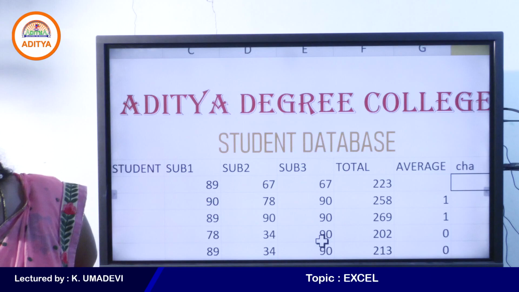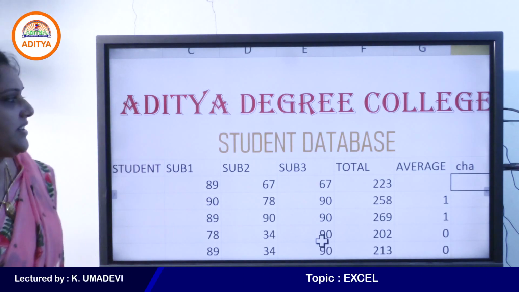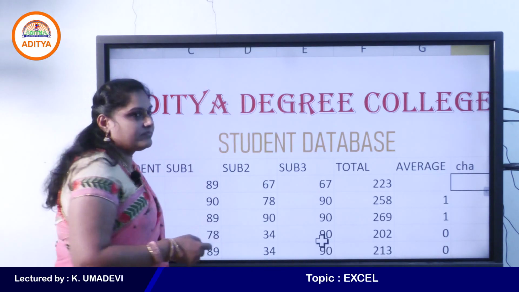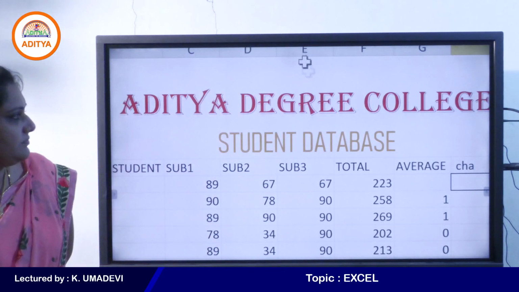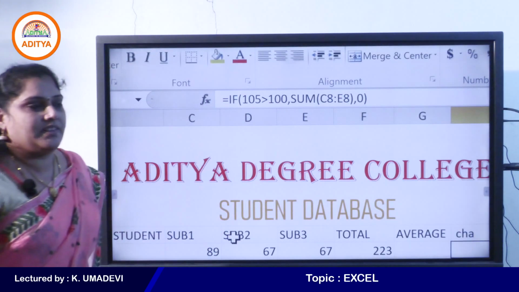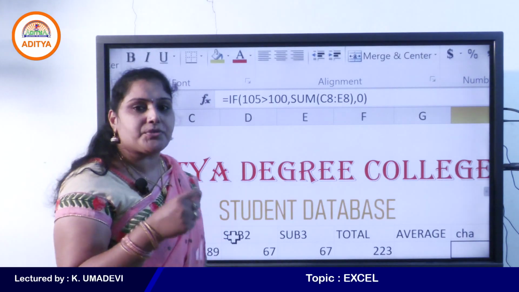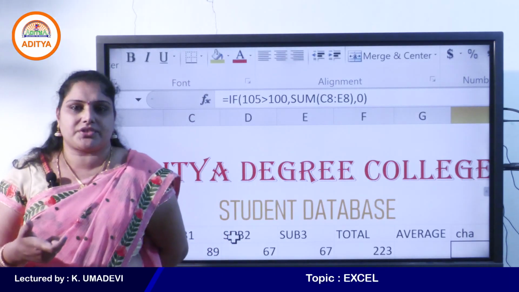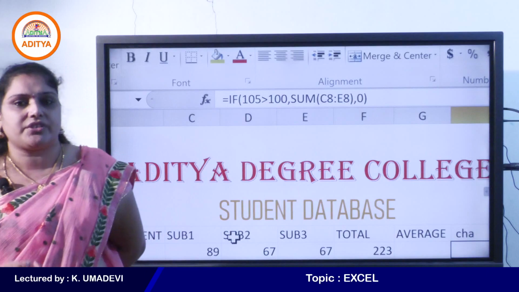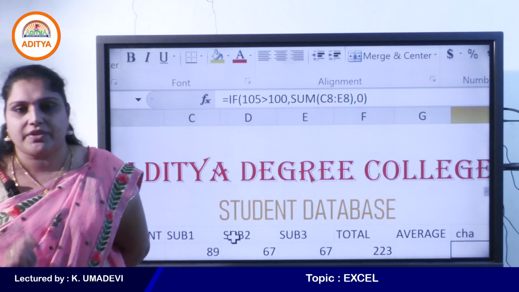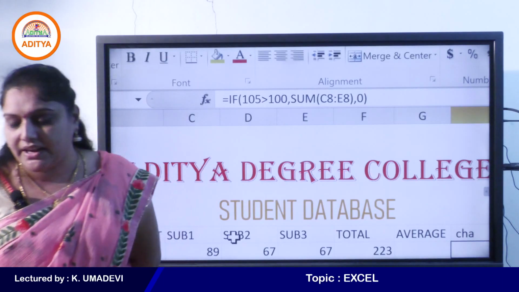Is it possible to test multiple conditions inside the IF? Which functions are used to test multiple conditions? We already discussed in the previous classes which functions are used to check multiple conditions at a time.